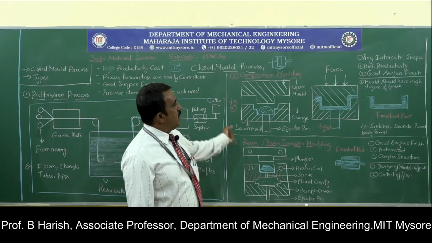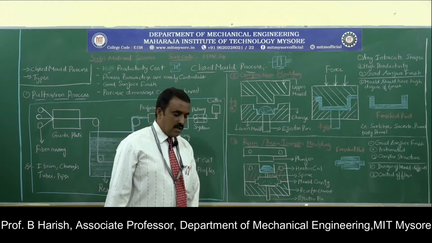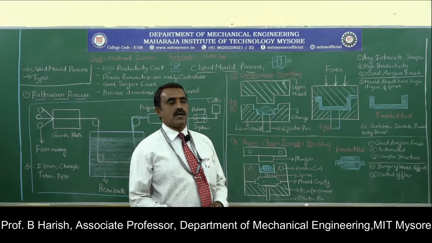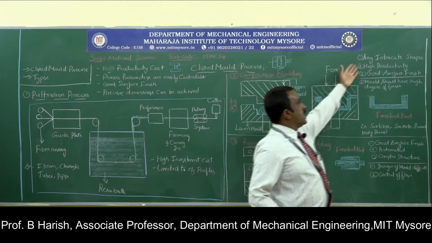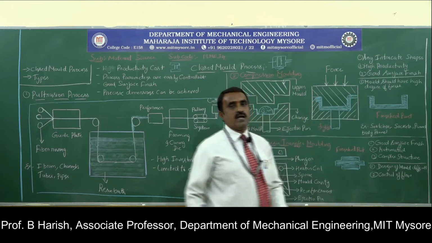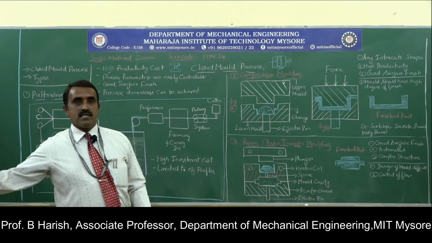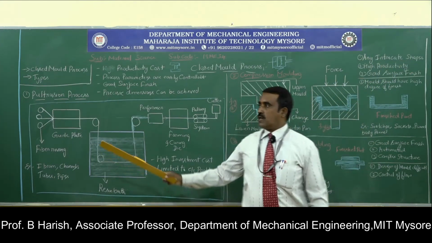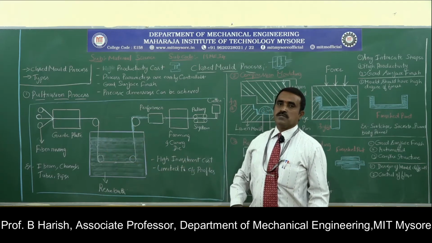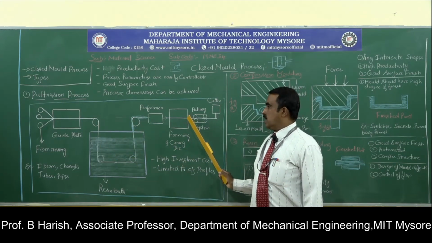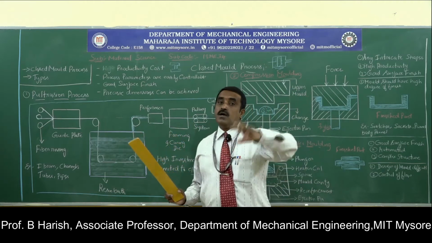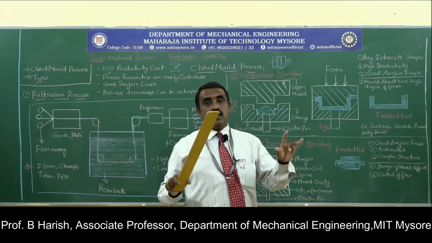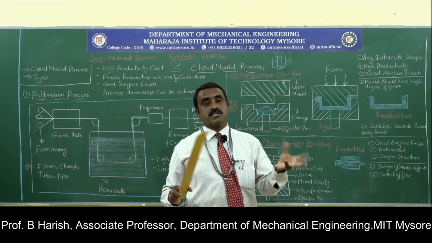so that it can take the required shape. Now once again we can look at the advantages of this particular process. One big advantage is that any intricate shape can be manufactured. Compare this with the pultrusion process, where I can have only a circular cross section, but of different diameters. I cannot have different complex shapes.